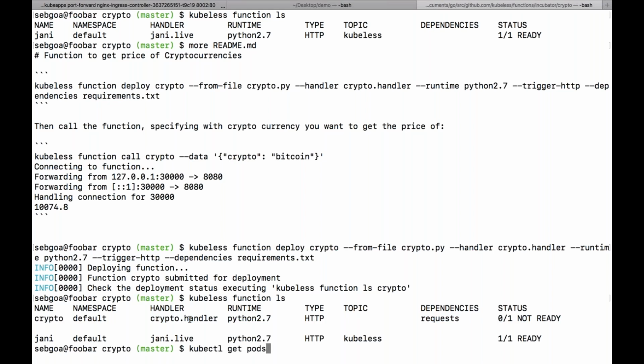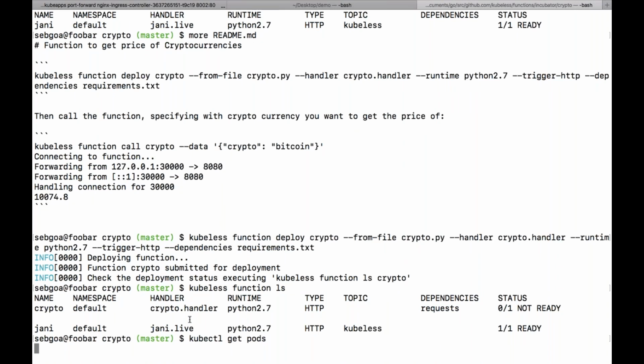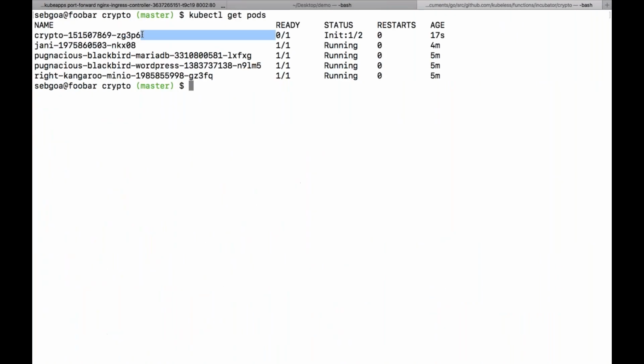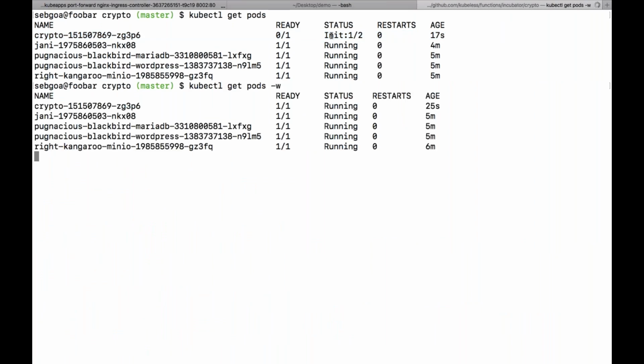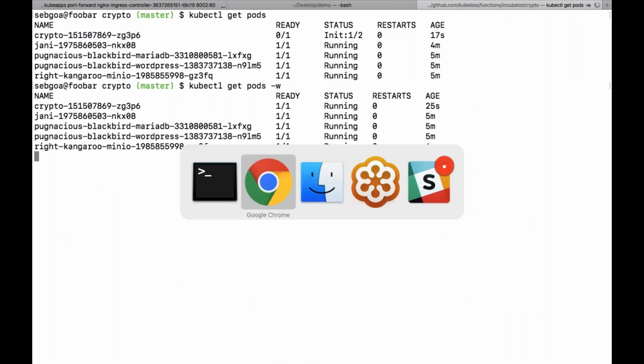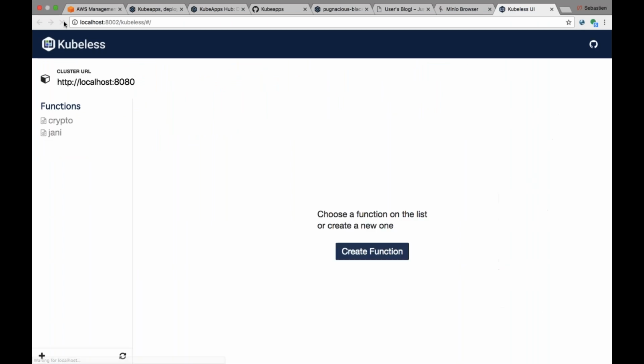Get pods, and you see that I have a pod that's now launching. You see it's not ready. It's actually running an init container, and that init container is installing the dependencies. So now it's running. We can go back to the Kubeless UI, and we see that we not only have